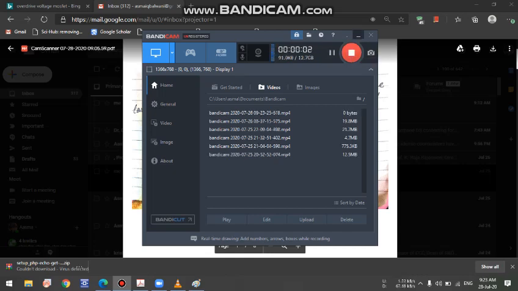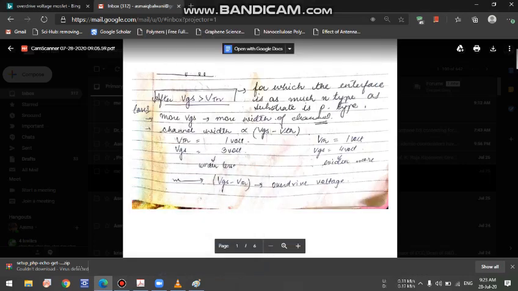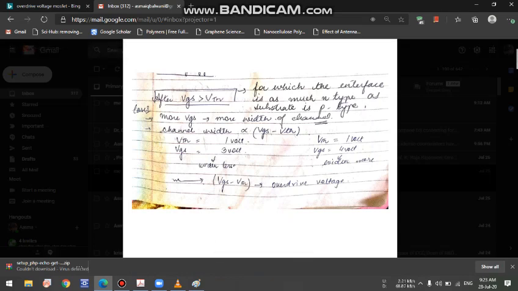Okay, so now what did we learn earlier? We learned that unless and until the gate and source voltage crosses the threshold voltage, there is no channel present between the source and the drain. So for the conduction or the flow of electrons to take place, this gate and source voltage, that is VGS,